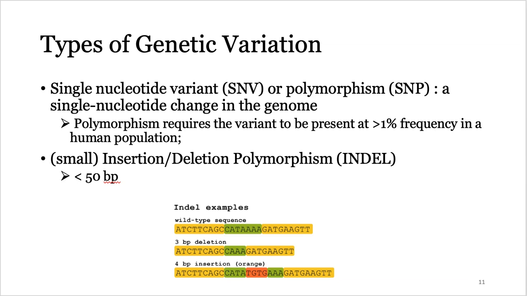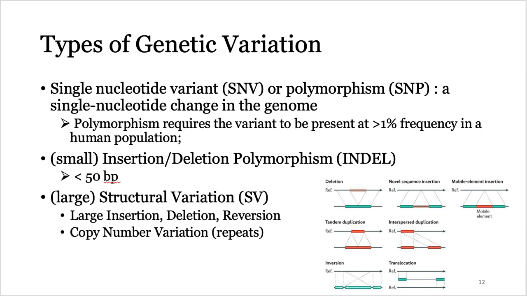And some of the insertion is mediated by mobile element insertion. So transposon, repetitive element could be a result of insertion. And tandem duplication, you can consider that as an inversion. And copy number variation. Copy number variation sometimes is the same thing as repeat, depending on the specific context. So these are the major types of genetic variation, and now we can go into this paper